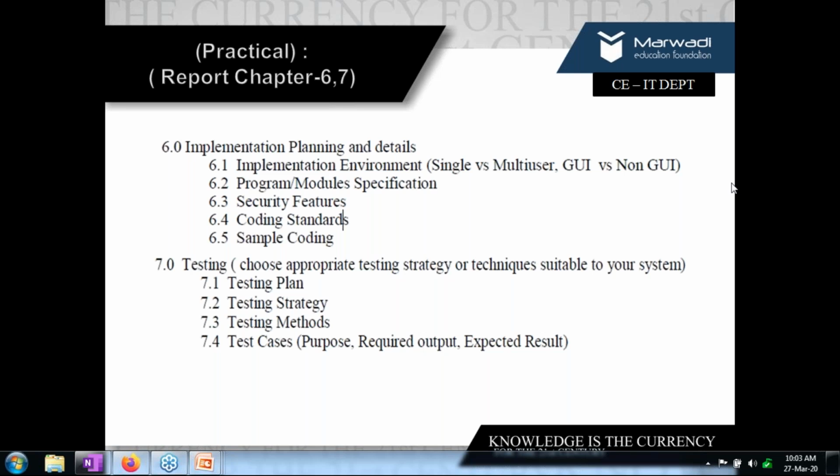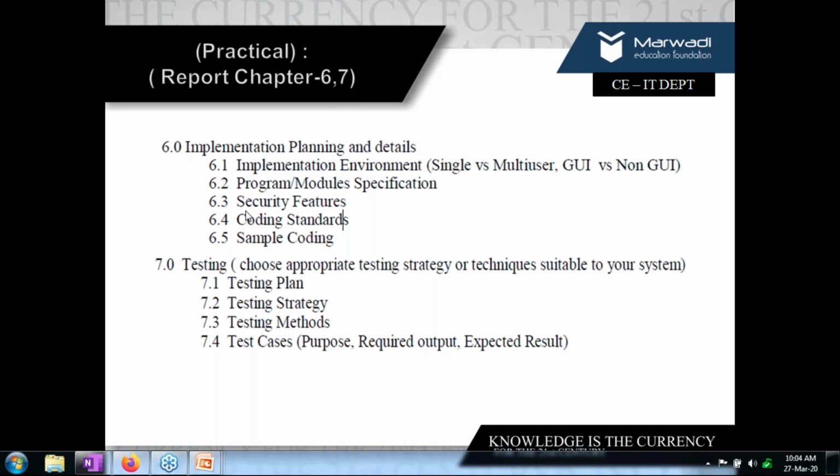Module specifications. Now, what are the major modules? If you remember, you have submitted a project profile. In that, you did write the modules, major module 1, 2, 3. We had 3 major modules minimum. You have drawn DFD. In DFD level 1, you have broken up level 0 into level 1. The modules are the processes which have been taken from level 0 to level 1. You have to write about those over here. What do those modules do?